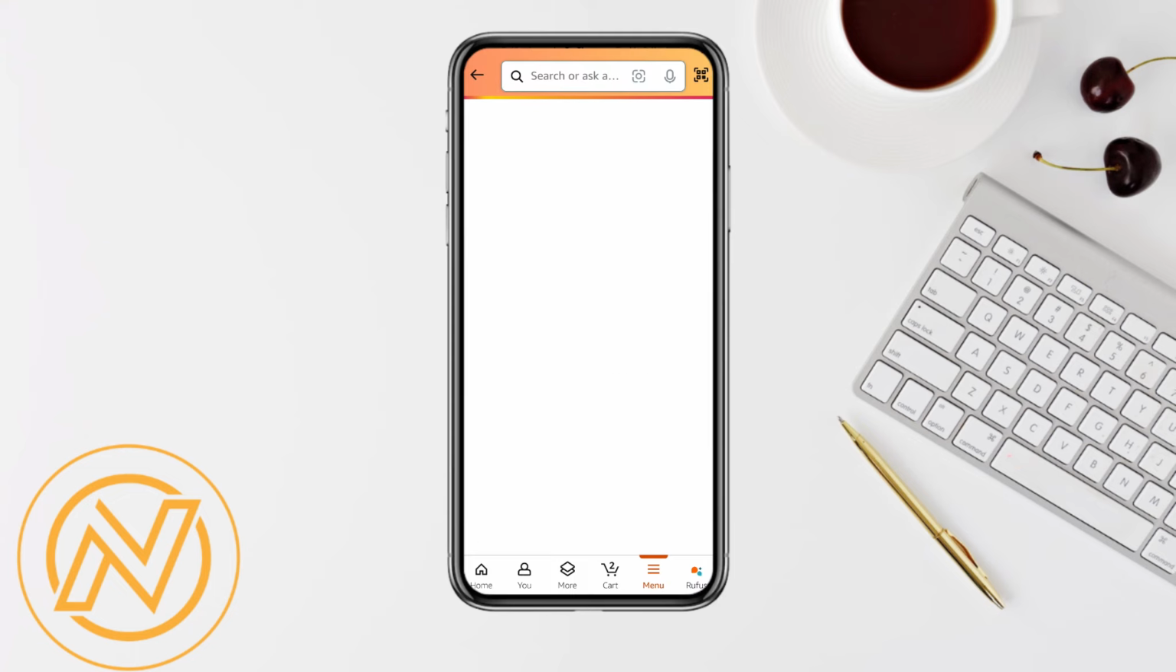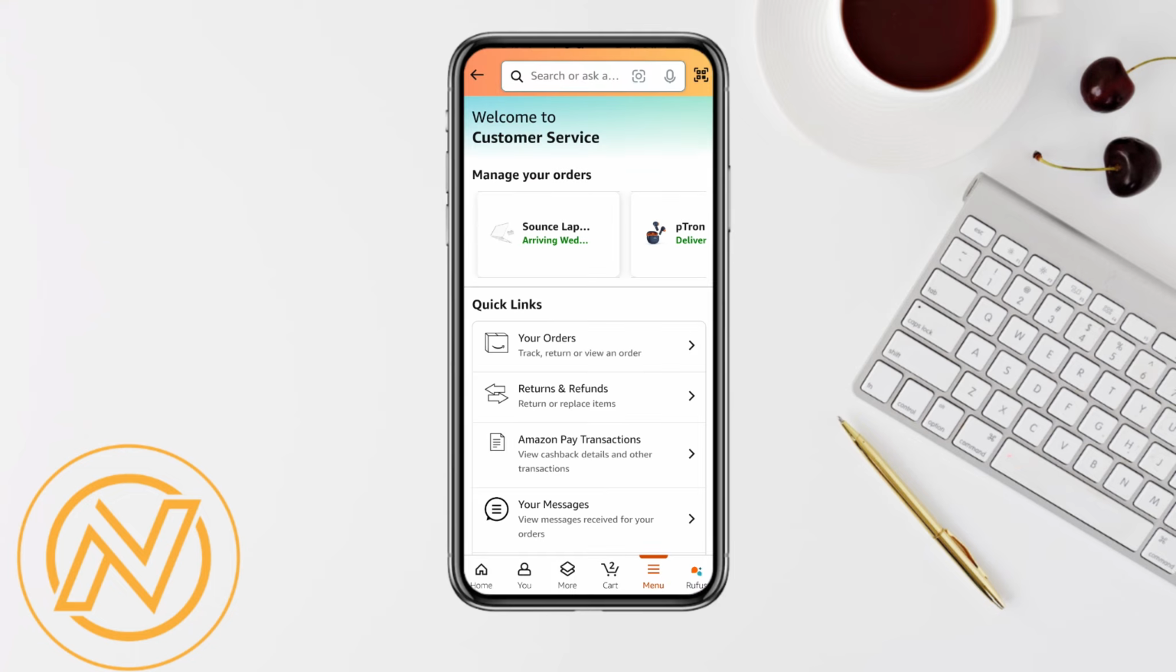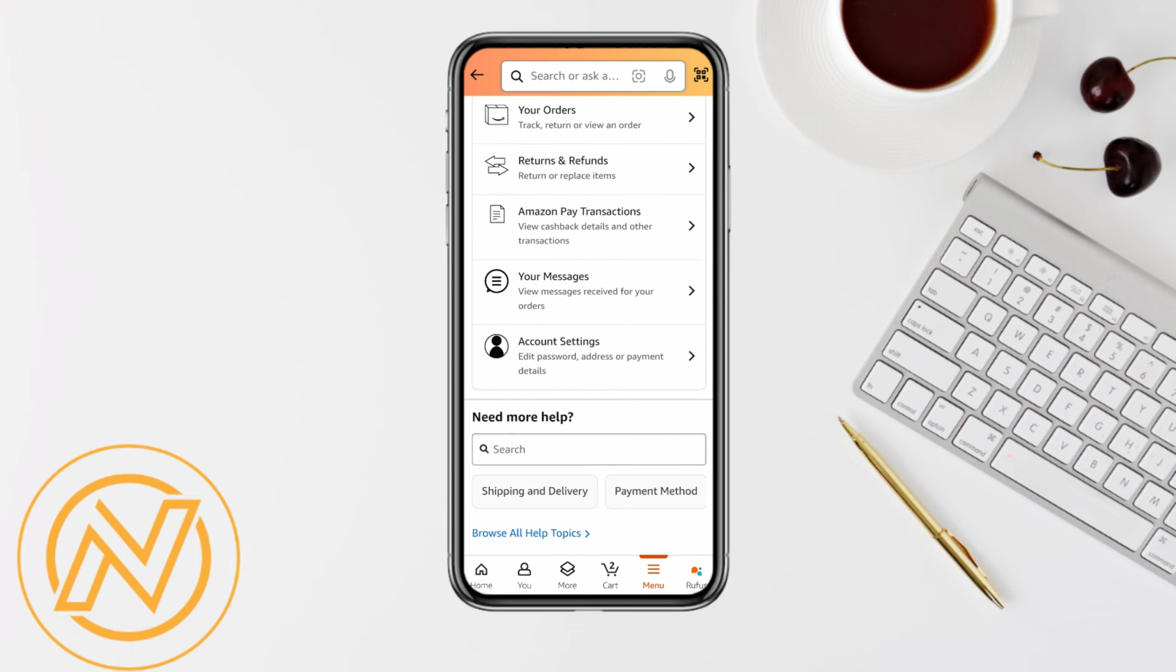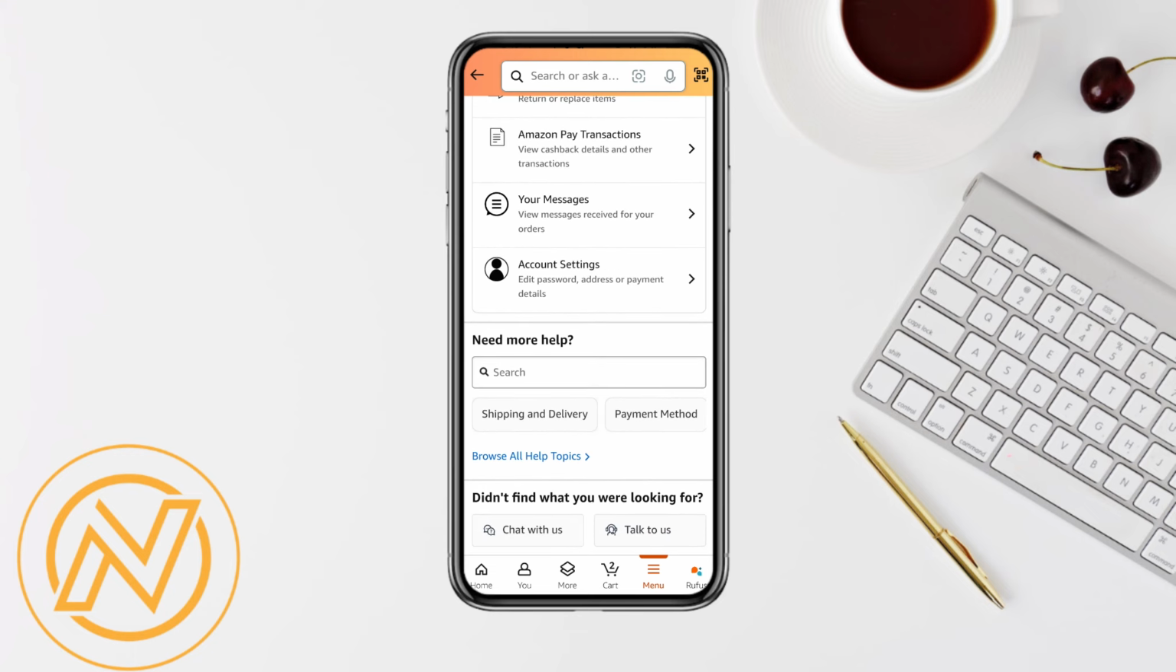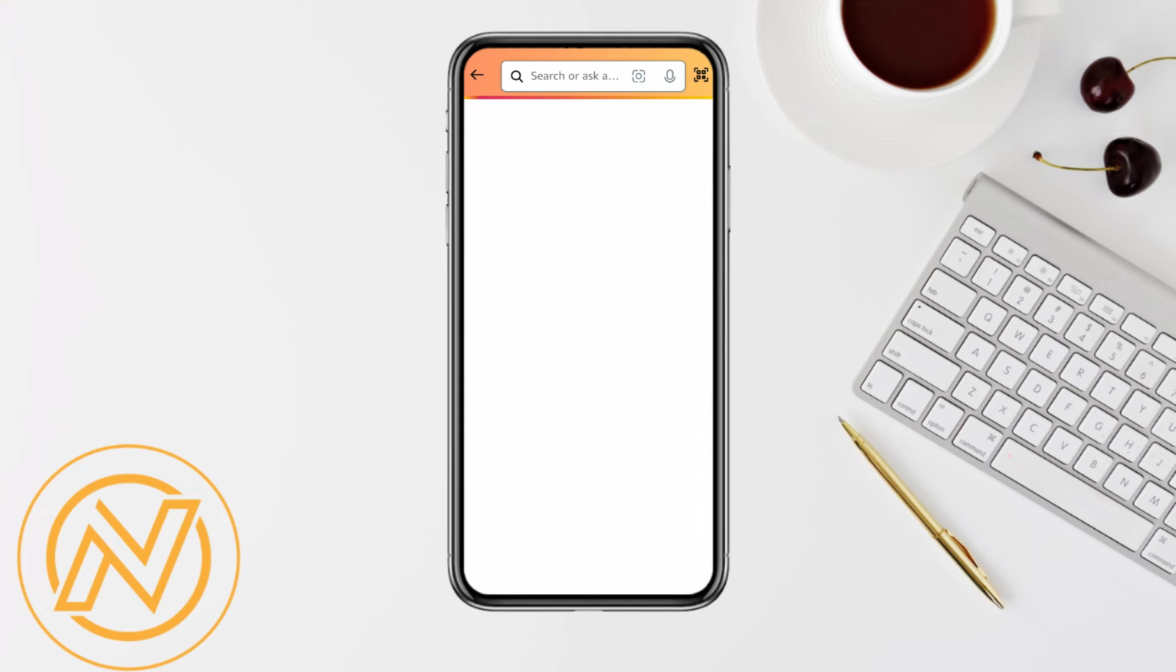Just tap on it, and once you are there, scroll down again until you see the option called chat with us, or you will also have the option called talk to us. If you want to talk to them, you can click on talk to us, and if you want to contact through the chat support, you can click on that. I'm going to click on chat right now,